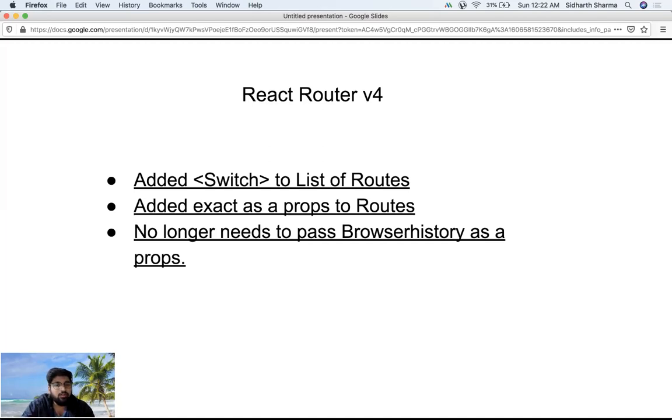And third, we no longer need to pass browser history as a prop. The first two things, what Switch is and what exact is, I'm going to talk about later in this video and show you in the code. The third thing: in the previous version, if you used routing, you have seen that we were passing browser history manually, but now we don't need to pass it. So these are some of the changes in React Router 4.